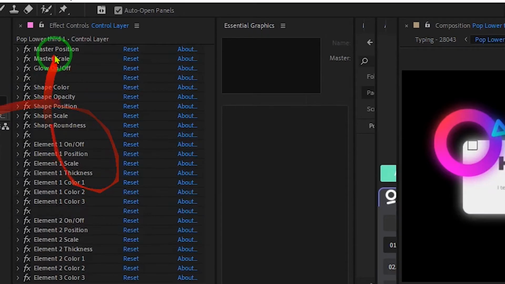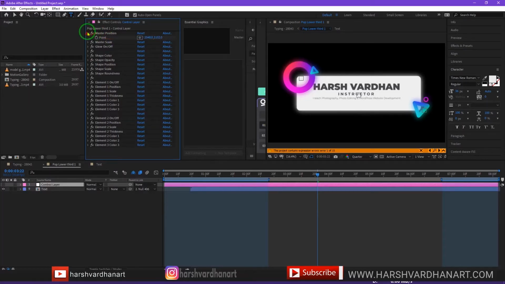So we can change anything we like with the help of this. We have the control panel, so we can even change the position from here, master position, master scale. We can scale it down, select the glow on and off, and change its shape color. At this moment the shape color is white.